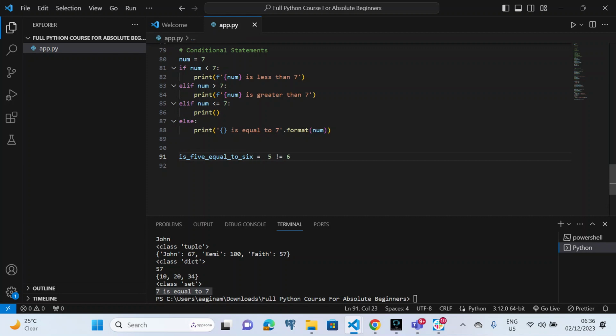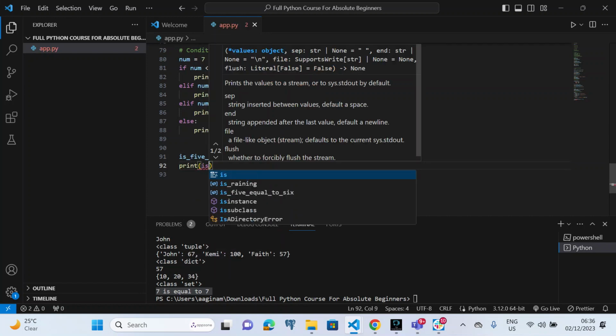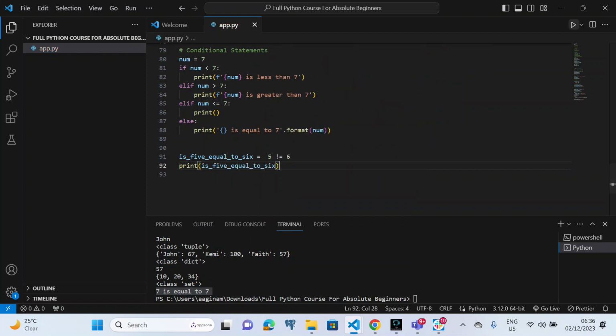One other thing you should be aware of as a programmer, and this applies to all kinds of programmers including Python programmers, is that you always want to give your variable a name that reflects the value that is stored. Variable naming is also very, very key because your code is supposed to be something that people can read and understand. So this code here checks if 5 is equal to 6 and then assigns that result to this particular variable. If you print out this variable,